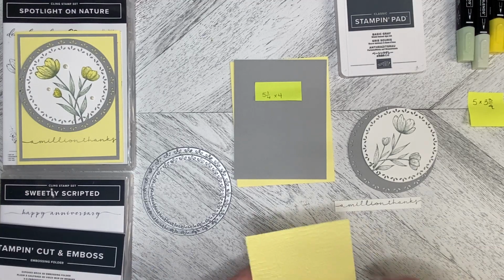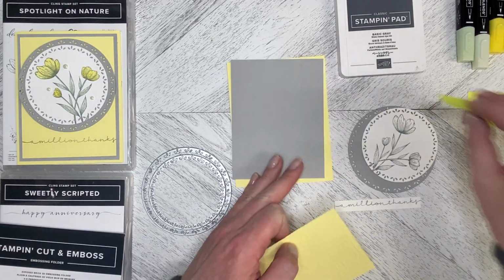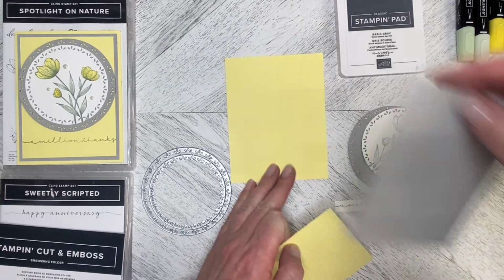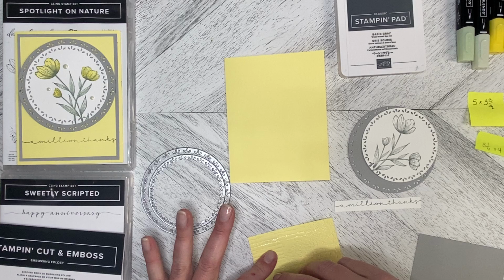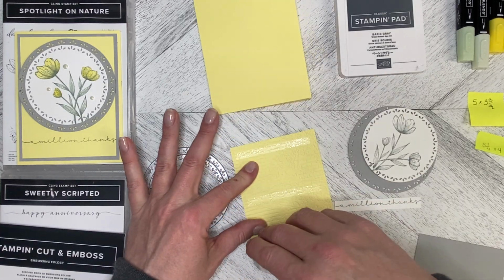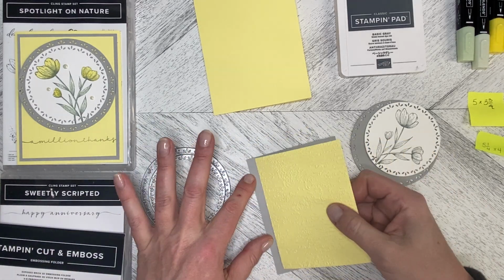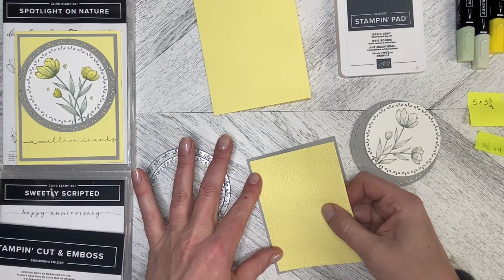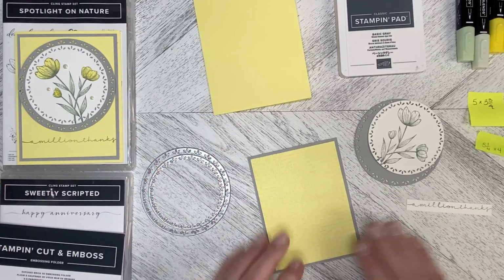Okay, so I've run that through. And we can just flat mount that. So why don't we go ahead and do that? And I used light and dark lemon lolly and light and dark soft sea foam for coloring the flowers. Now, one of the reasons I stamped it first and then waited to color it in on the video is that